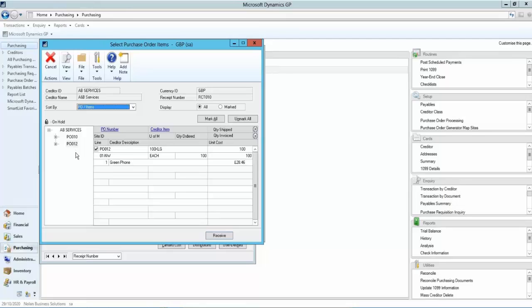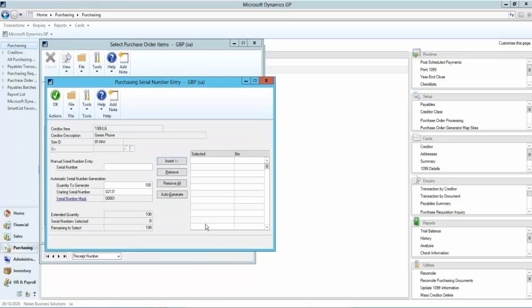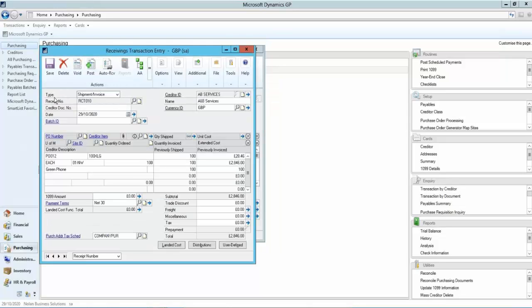So this screen lists all the POs for AB Services. The one that I'm interested in is PO 12, and I can see my 100 phones at 28.46. So we'll receive them. Okay, so it's asking me to enter serial numbers, which I'll do automatically. Okay, right, so when we get to this receivings entry screen, this is where we start entering details of the